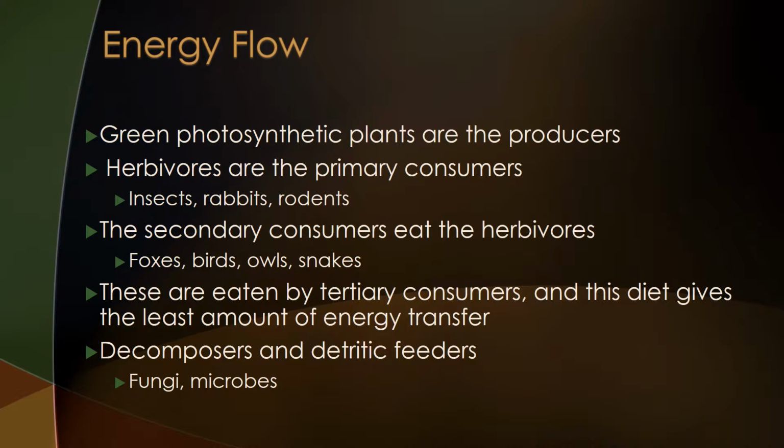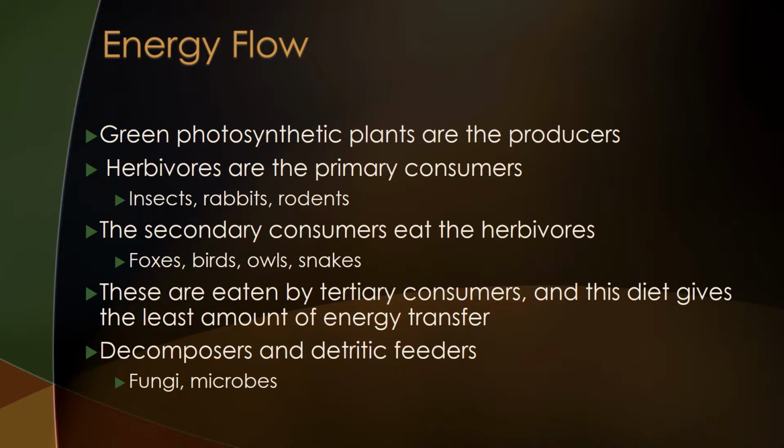And when we talk about the energy flow, it's the energy flow that you would expect in a lot of ecosystems. It's obviously drier, but there is a lot of production that still goes on there. The photosynthetic plants are the producers, of course. They're the ones that fix the energy. The herbivores, you're going to find insects, rabbits, rodents, things like that. The secondary consumers eat the herbivores: birds, owls, snakes, foxes, and then in turn they're being eaten by tertiary consumers,